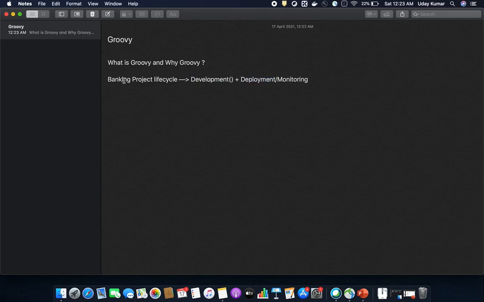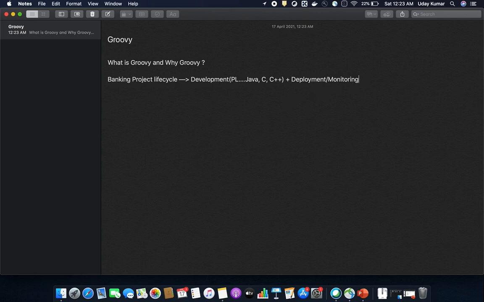So in the context of a banking project, what could be the possible business logic here? It would be like saving your accounts information, statements, fund transfers, and many features, right? So to implement all these features, generally we choose programming languages for business logic like Java, C, C++. Once you complete your development, once you complete your business logic, we move on to testing. And after you successfully complete your testing, we move on to deployment phase.